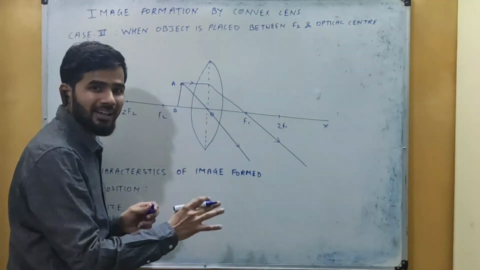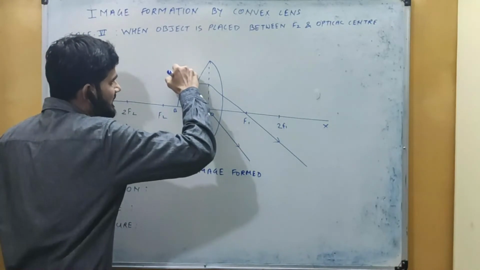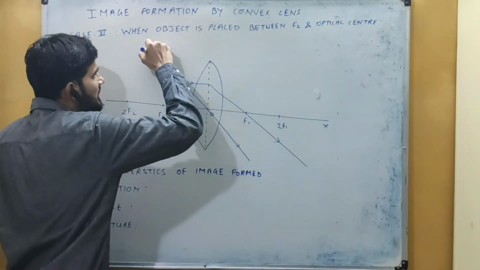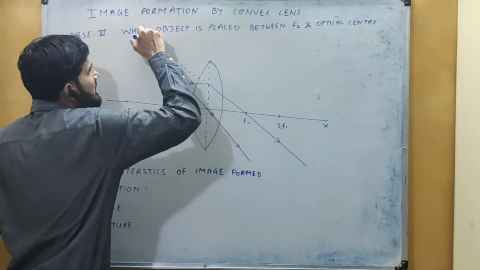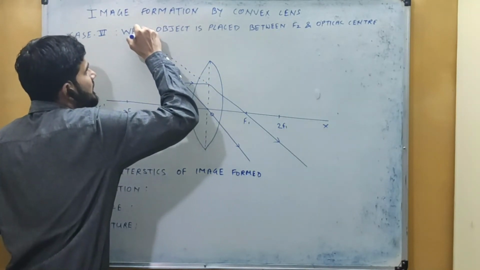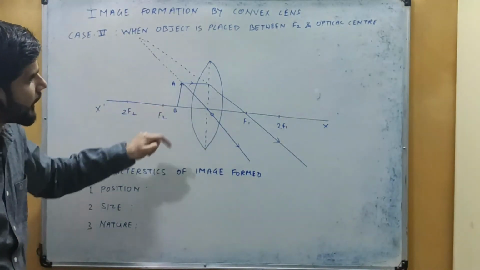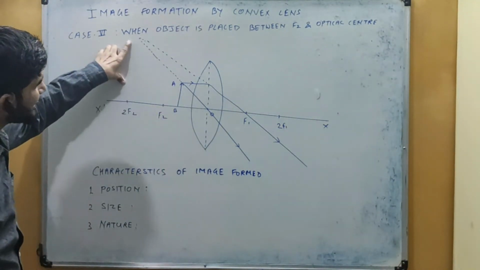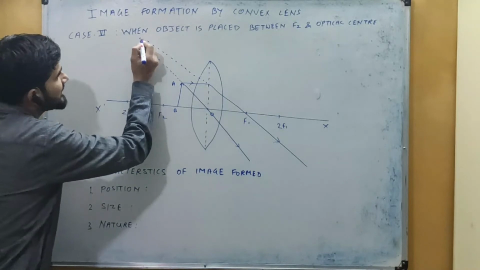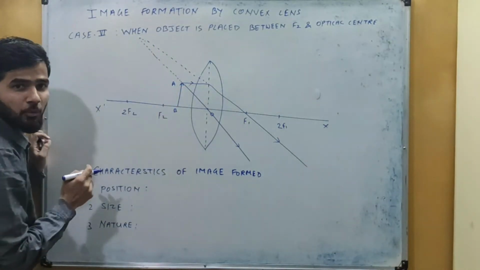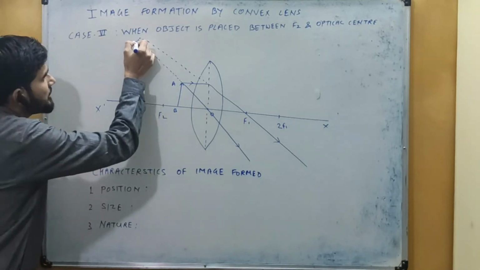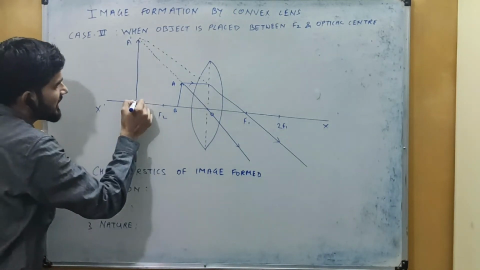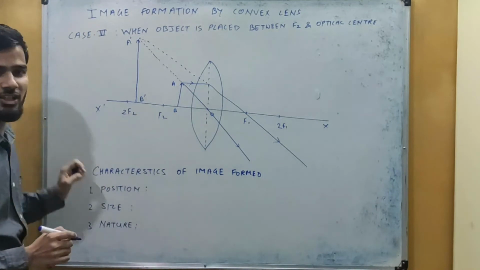Okay, so if I extend these two light rays in the backward direction, then what I will see is that these two light rays can meet on the same side where the object is placed. ये दोनों light rays यहाँ पर मिल सकती है. So here this will be the point image for the point A. तो यहाँ पर हमारे पास एक image बनेगी which is A dash and here it will be B dash.